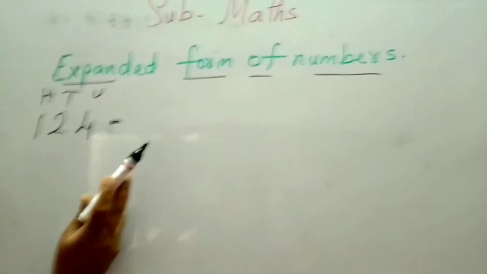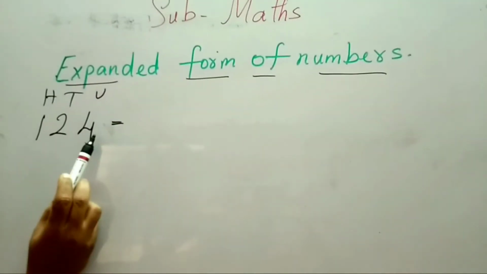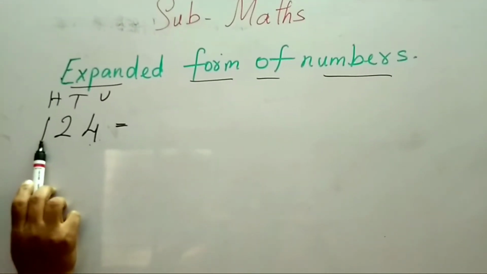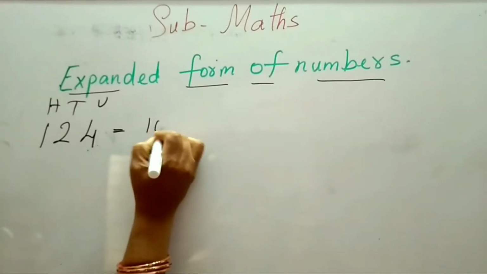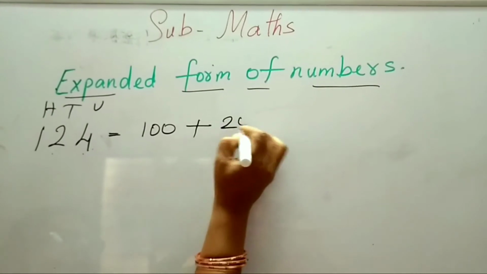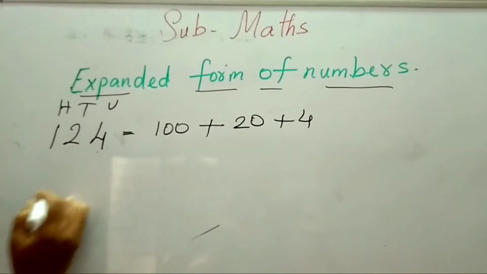Expanded form of numbers. 124. 4 is in the units place and 2 is in the tens place, 1 is in the hundreds place. So 100 plus 2 tens, that is 20, plus 4 units, that is 4. Now next example,